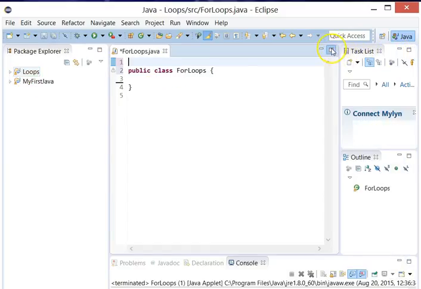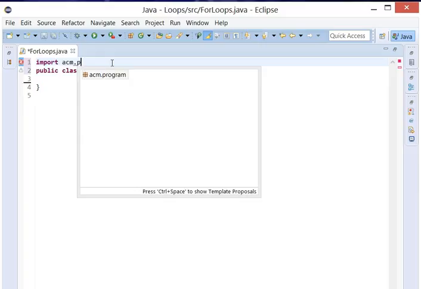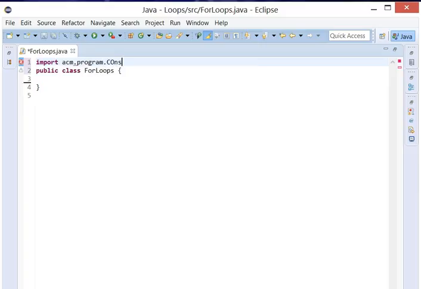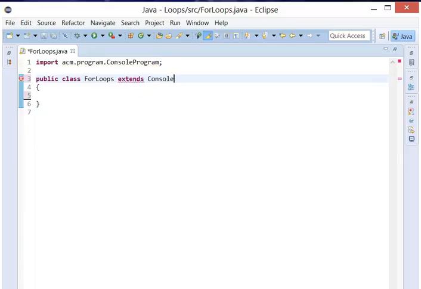First, what we need to do is type import acm.program.ConsoleProgram and semicolon. Then type the class declaration, extends ConsoleProgram. Now inside of the open and close curly brackets, type public void run, open and close parentheses, and type